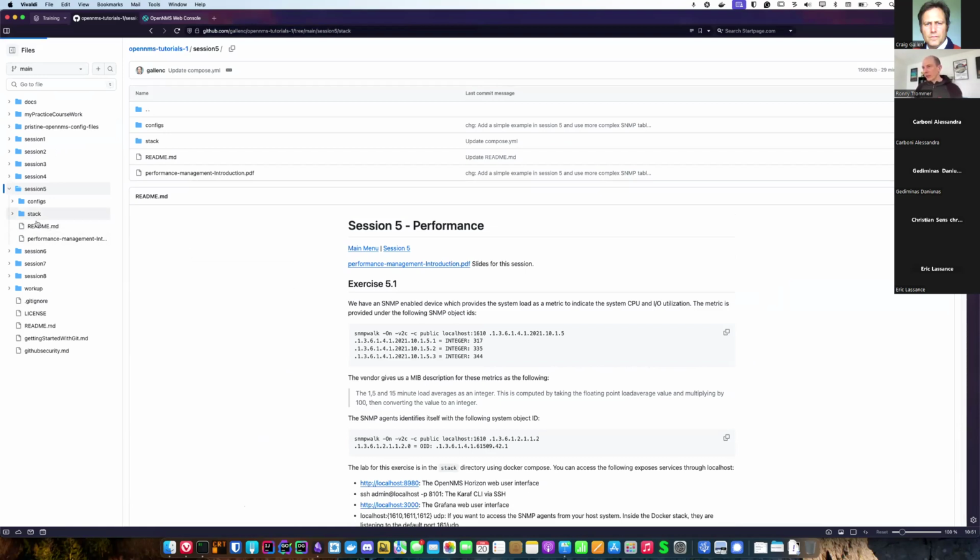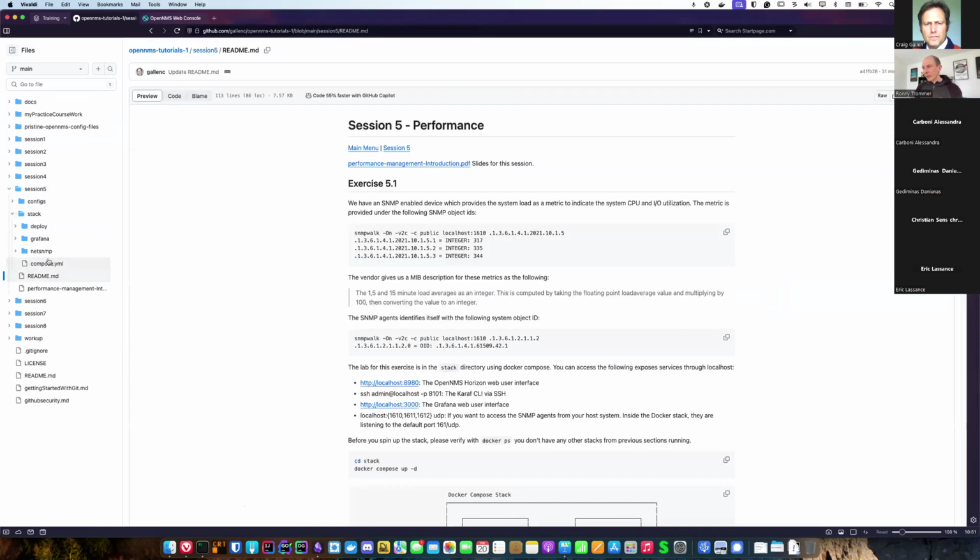So we are on this. The exercise is about a SNMP device which we can provision into OpenNMS, and we would like to fetch and collect 3 metrics from that agent. I've just picked the metric load average. Is anyone familiar with the load average metric, what it means, or does anyone have an idea?